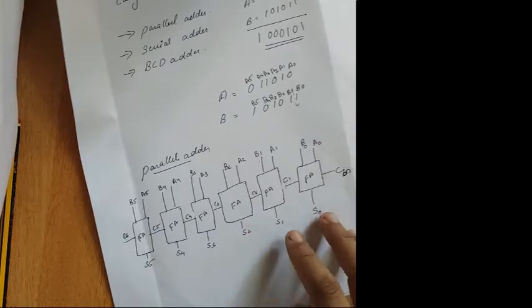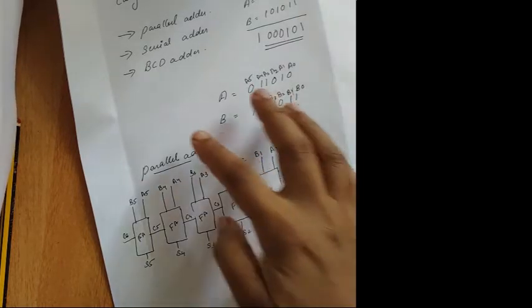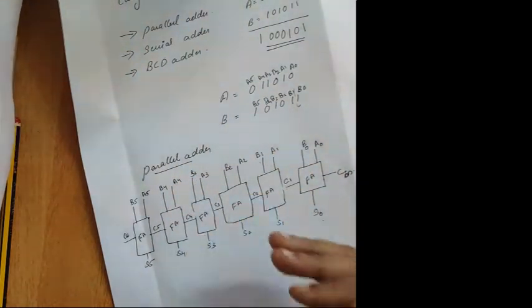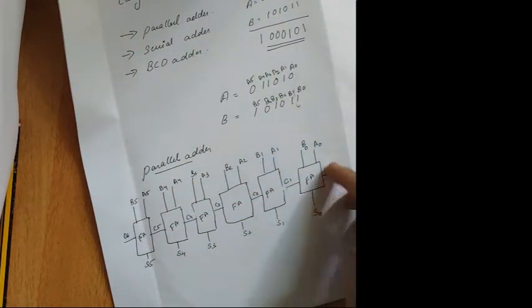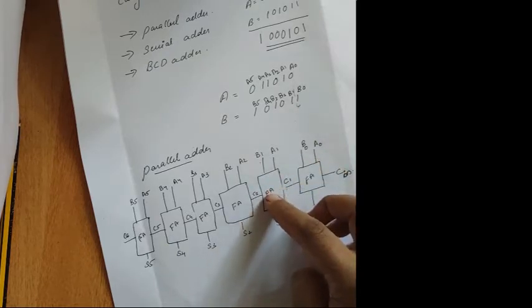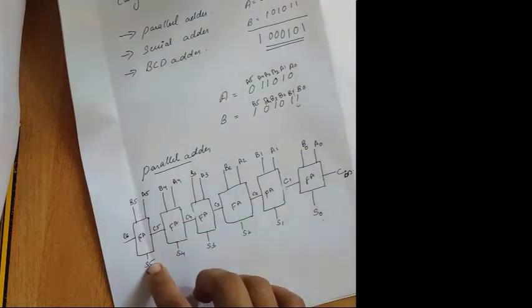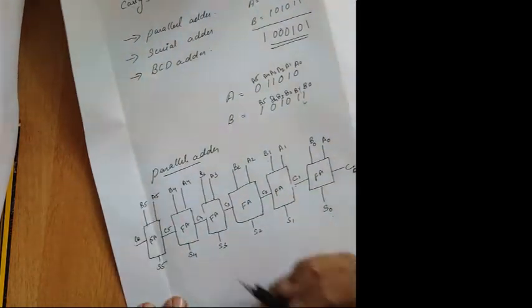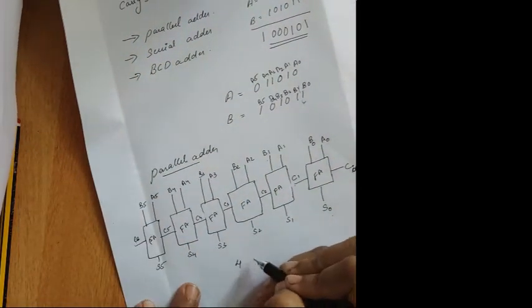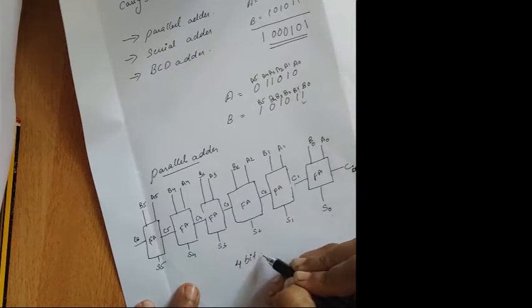Okay, so you can give the input parallelly first. When the first function is over, the output will be given to the next function. This will perform depending upon the carry only. For example, the question is asking to design a 4-bit parallel adder.